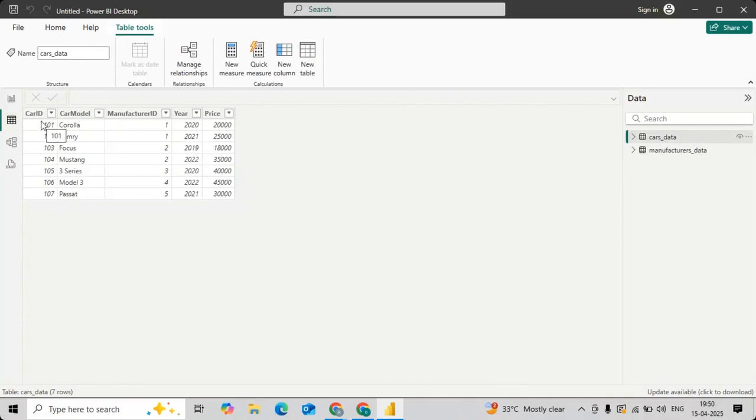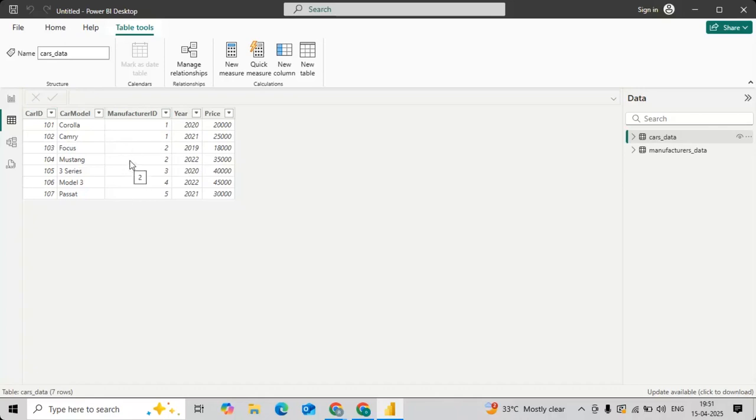Now you have multiple data points available here. Car IDs are there, and manufacturer ID is there. There are multiple models coming from the same brand. If those cars come from the same brand, automatically the manufacturer ID itself will have duplicates. Now, the manufacturer ID in the cars table is nothing but a